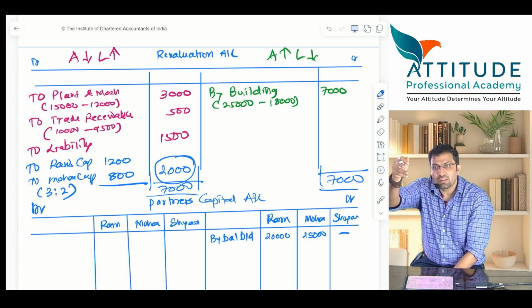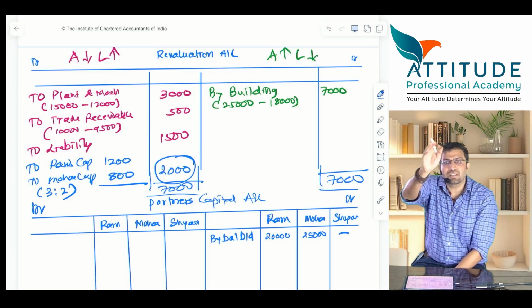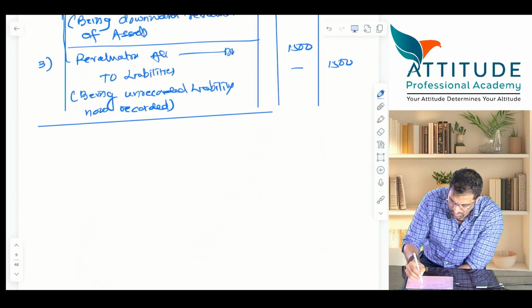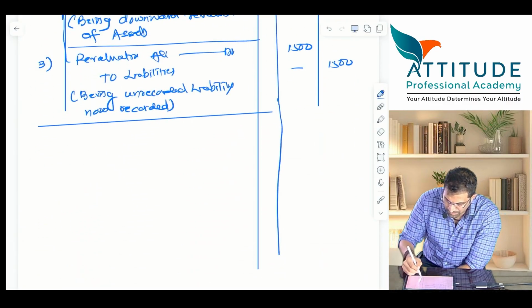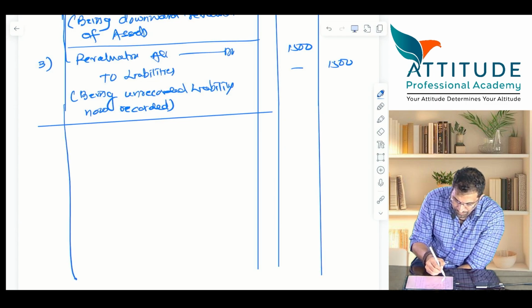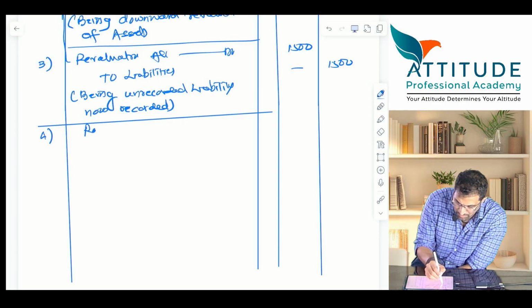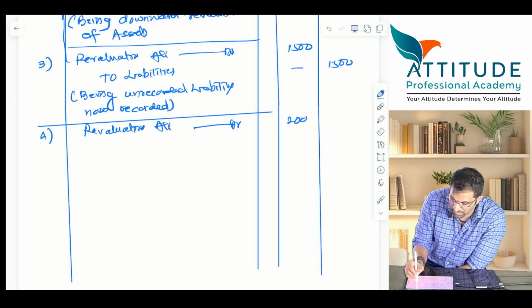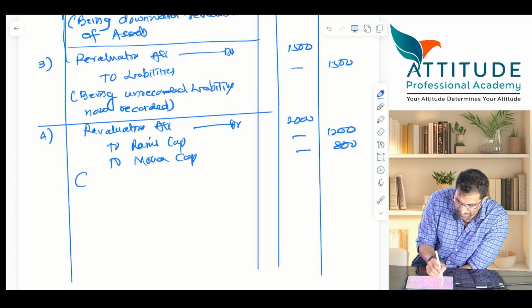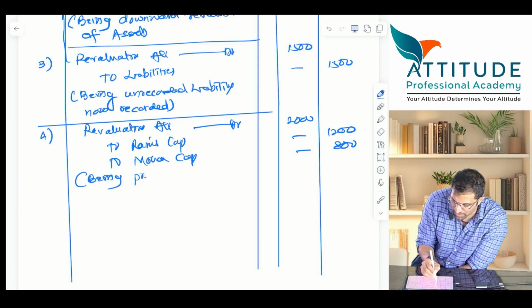Okay, चलो जर्नल एंट्री मारो, जर्नल एंट्री बोलो. फोर्थ, रीवैल्यूएशन अकाउंट डेबिट 2,000 टू Ram's capital 1,200 to Mohan's capital 800, being profit on revaluation